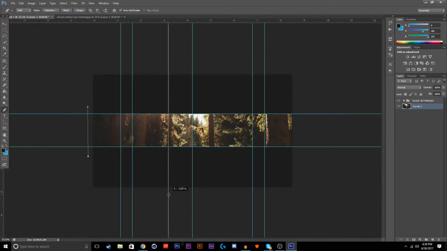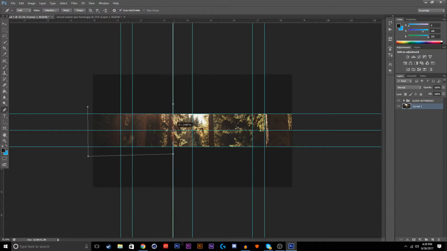So that means this is 1/4. So that means this is about 1/3. So around here, I like to put it. So just put that, like that, and then you want to go right to the center. Let's make sure we put that center mark. Put that right there, and then what that does is then we can click Control, and then we go on